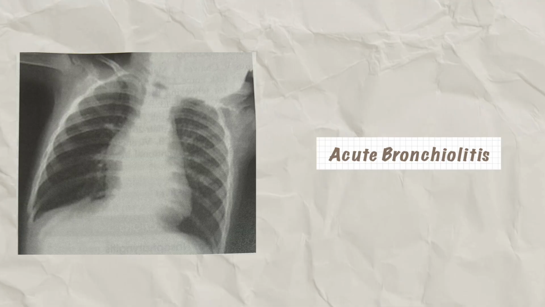Course and prognosis: Bronchiolitis is generally a self-limiting illness. The symptoms subside in 3 to 7 days. Death may occur in 1% of severely ill patients due to respiratory failure. The relationship of bronchiolitis to bronchial asthma in later life has been observed in about one-fourth of the cases. Bronchial asthma is more likely in children with personal or family history of an allergic illness.